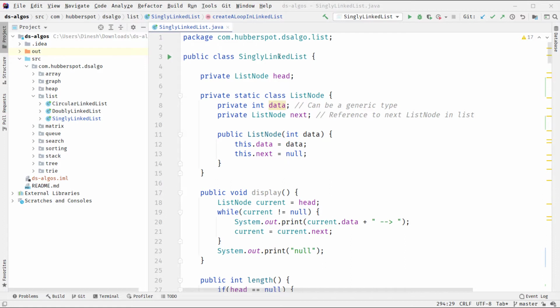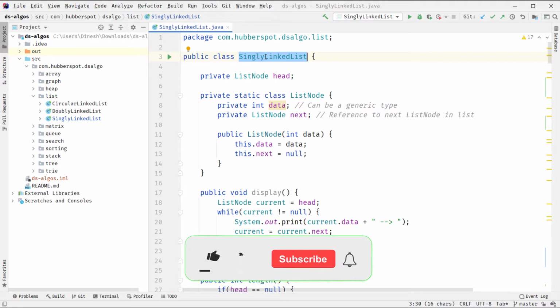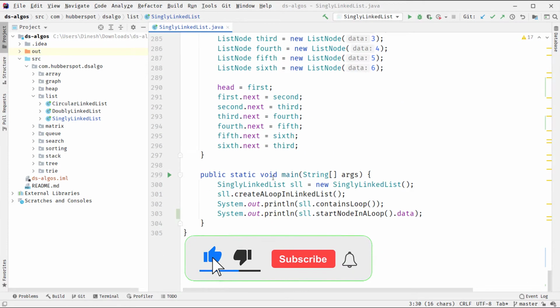So here in our singly linked list class, which has this instance variable head of type list node, I have demonstrated so many algorithms related to singly linked list.